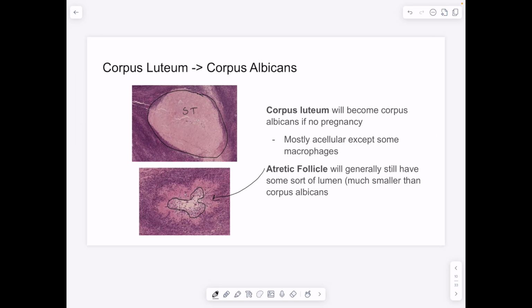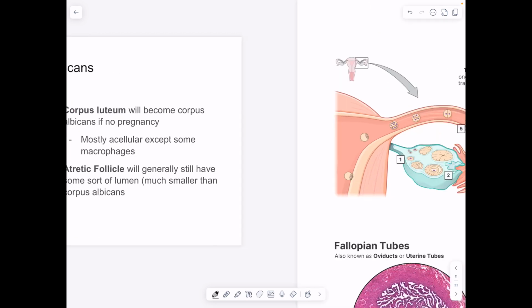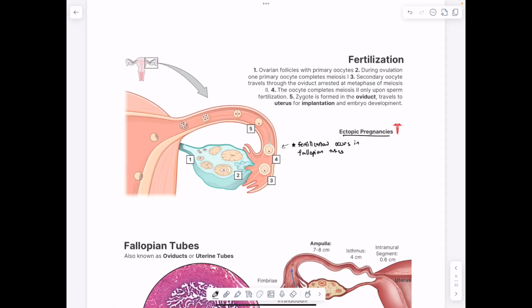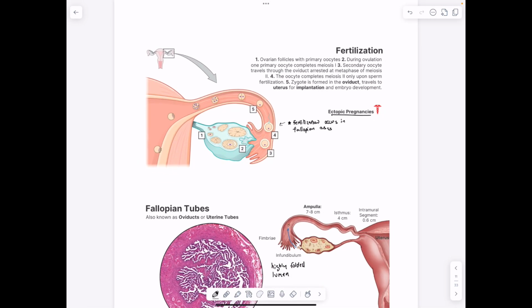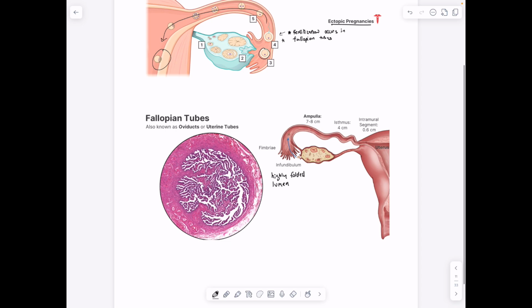There's the occasional macrophage inside of here as well. And then the atretic follicle is much smaller. All right, so now we're past ovulation. And so the secondary oocyte is going to end up in the fallopian tube, where it will hopefully meet a sperm and then become a zygote, and then that zygote is going to implant upon the endometrium. So starting with the fallopian tube, notice how it is open to the abdominal cavity,